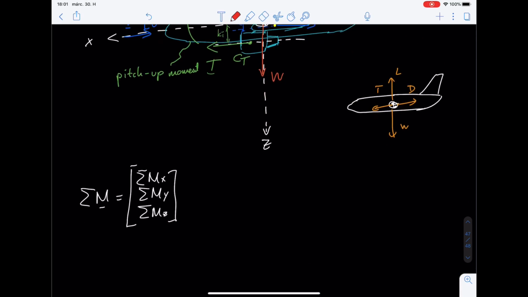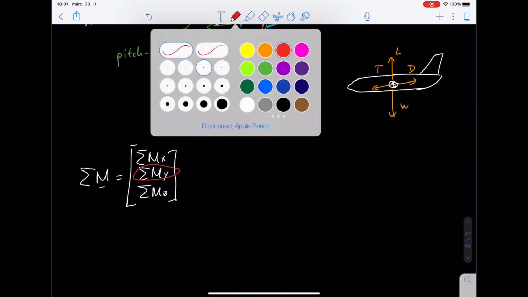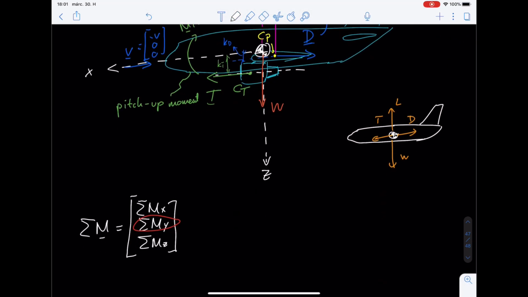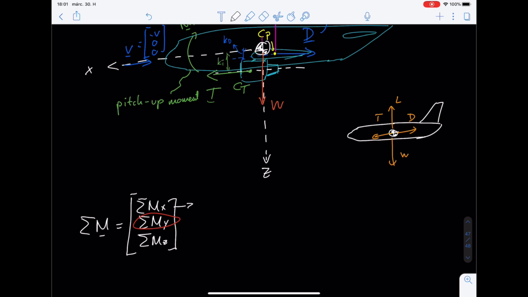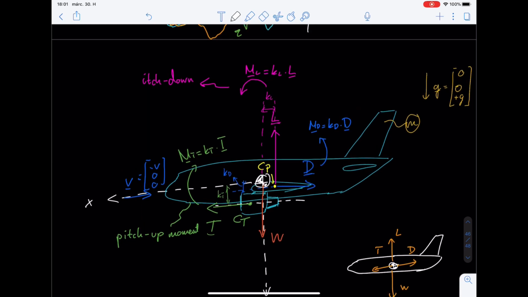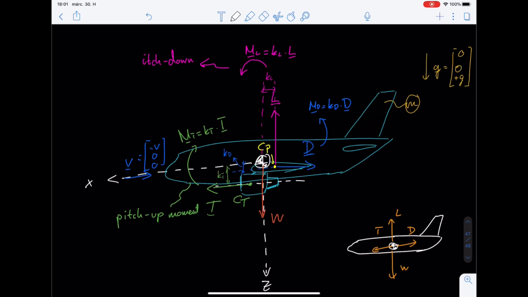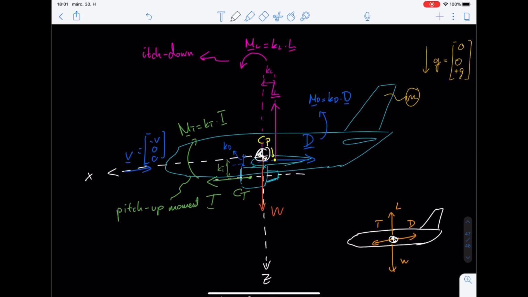Okay, so we're talking about the moments in the y-axis. So in the general case, right now we would presume that this one would be 0, and this one would be 0. So what we're looking at is the sum of the moments in the y direction, and we would see based on the convention. So let's say that we already stated that the counterclockwise moment would be the positive one, in which case